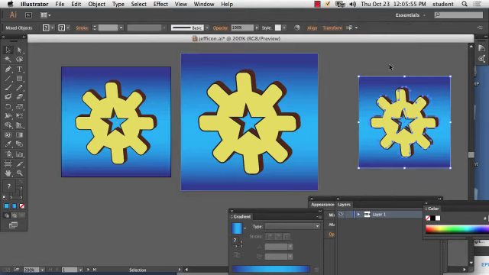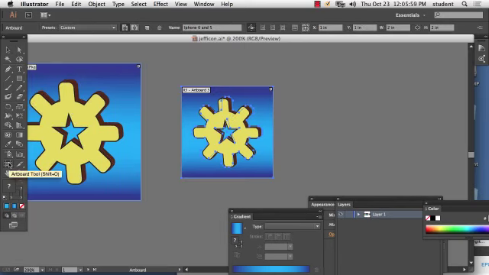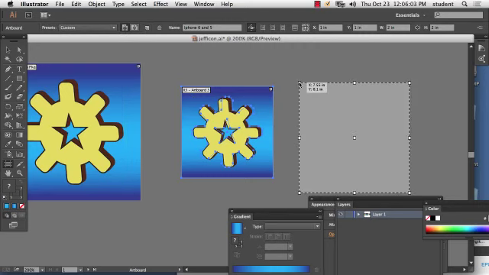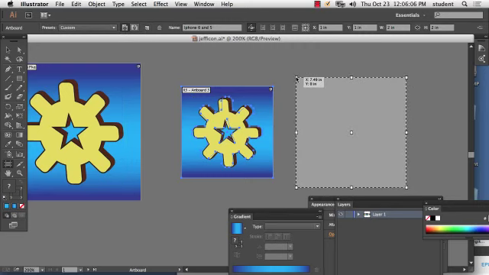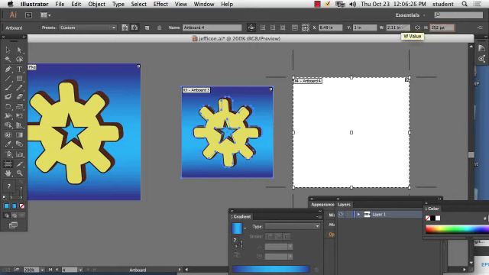So let's do another artboard. Go to the artboard tool, it's this one right here. Let's make a new artboard. And what was this dimension? 124 by 124? Or 152 by 152 for the iPad. 152 PX? 152 PX? And that was for,